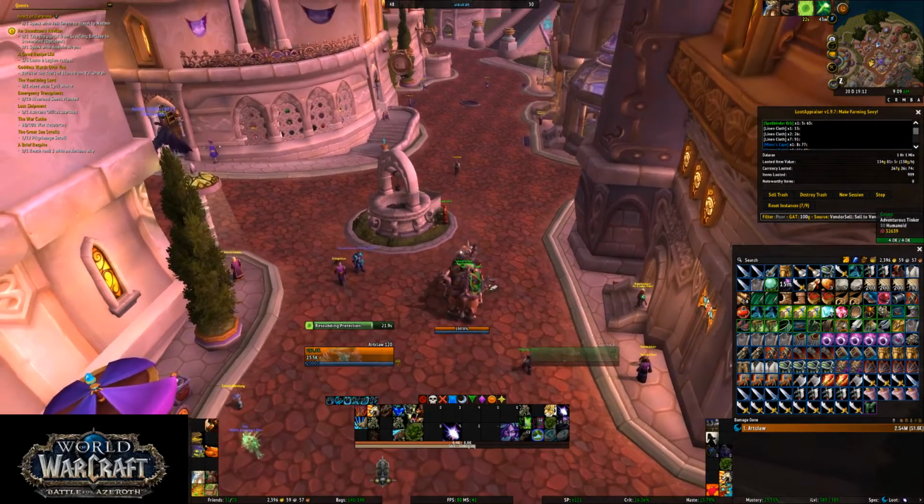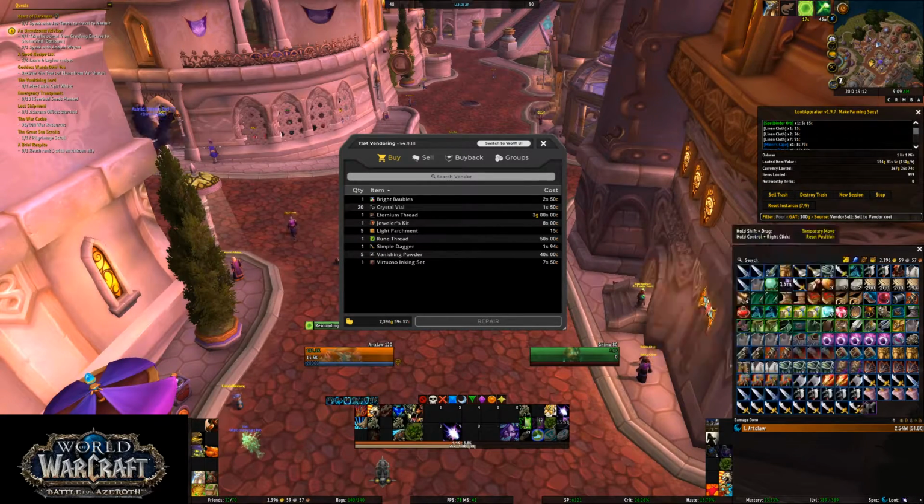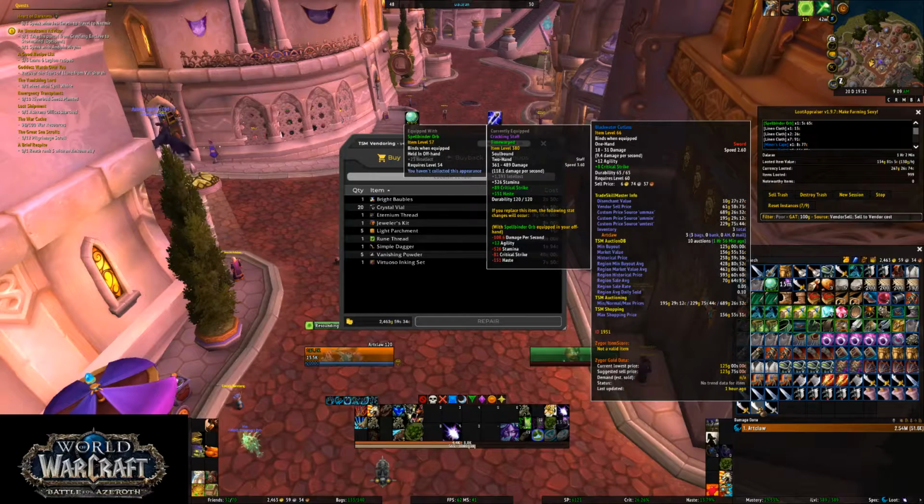I did not take a disenchanter because my druid's not. I know that kind of sucks. So I might actually make a druid just for farming that can DE. And that way I can